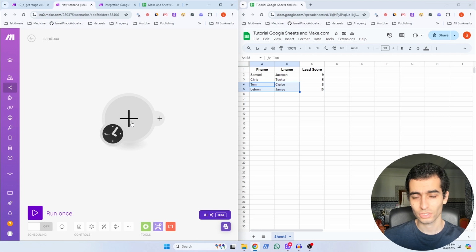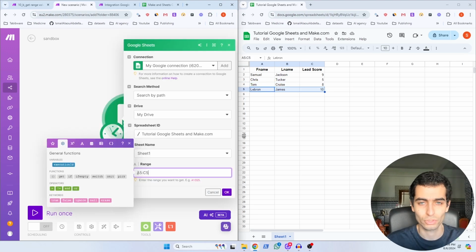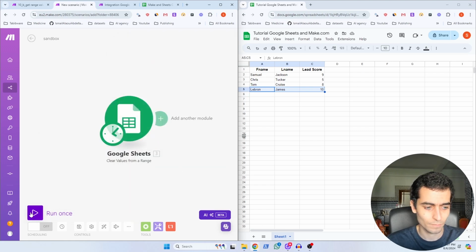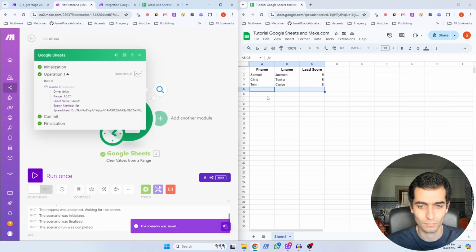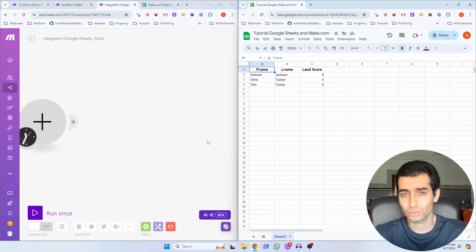Now the next function that I want to show you is clear values from a range. And this effectively could work just like a clear row. So let's see how it works. So the range is A5, C5. Let's press OK. Then let's run it. Nice, it worked. Now we move on to the next functions, which allow you to manipulate sheets, which means adding